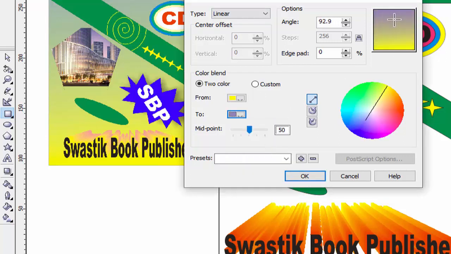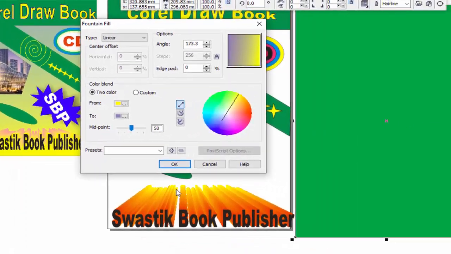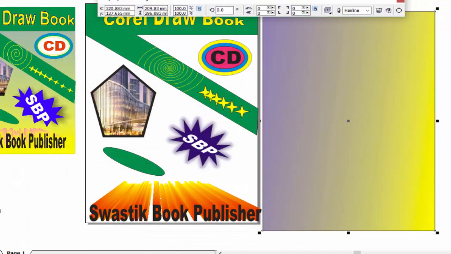And if you want to mix these colors, use this option, type radial, conical and square. So see these options and then press OK to fill this color in your rectangle.